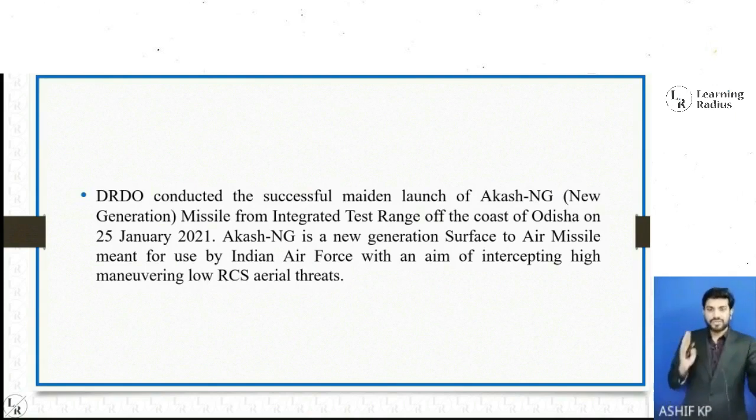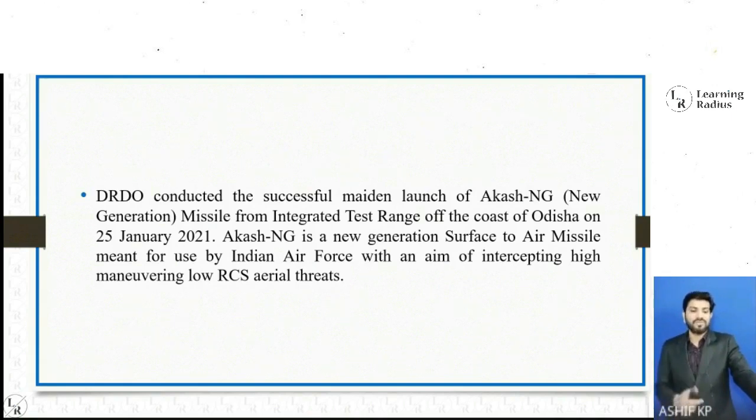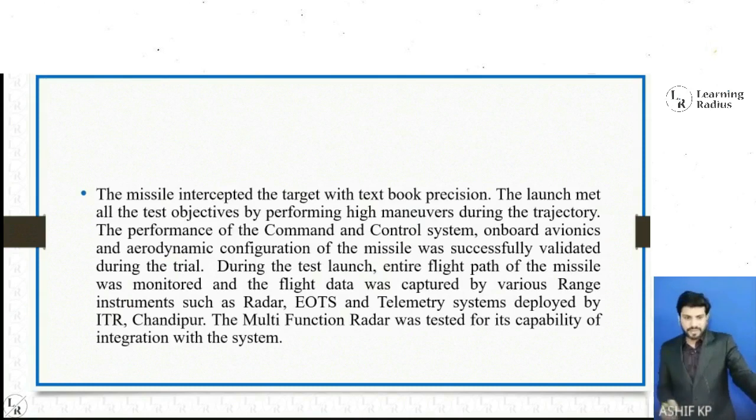Akash-NG is a new generation surface-to-air missile meant for use by Indian Air Force with an aim of intercepting high maneuvering low RCS aerial threats. And the explanation, the missile intercepted the target with textbook precision. The launch met all the test objectives by performing high maneuvers during the trajectory. The performance of the command and control system, onboard avionics and aerodynamics configuration of the missile was successfully validated